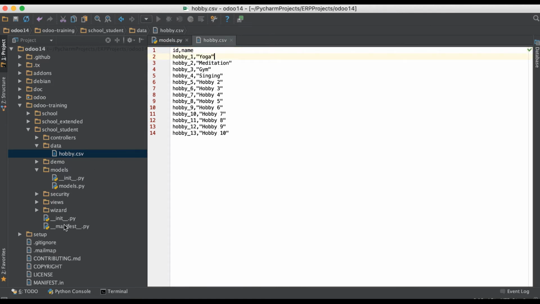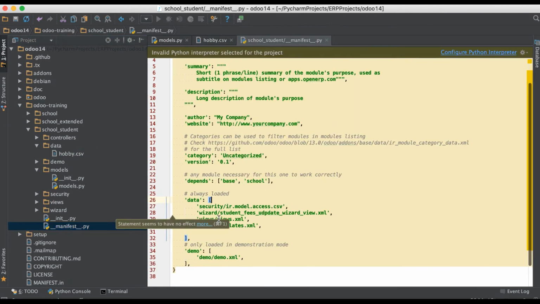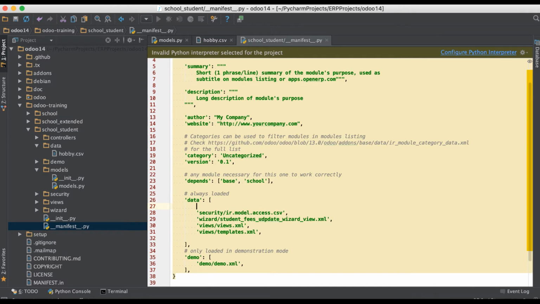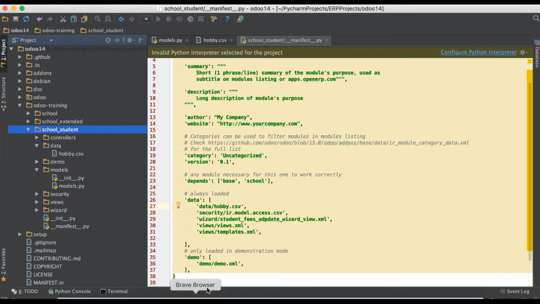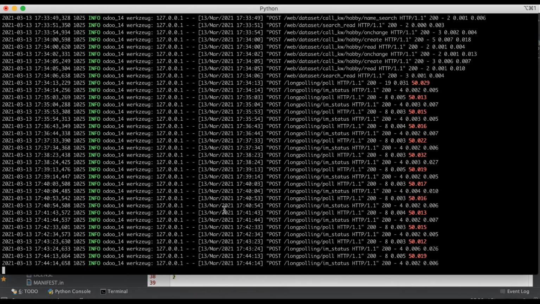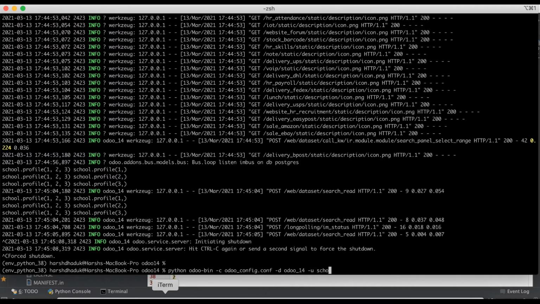And then we have to open the manifest file. Here you can see this one. In the manifest file you can see this data key. We have to register the file name here, like this. So under here we have to use data as the directory name and the hobby.csv file, same as this security file, and then after a comma, that's it. And we have to upgrade this module, but before that we have to restart the service first and upgrade the module school underscore student,